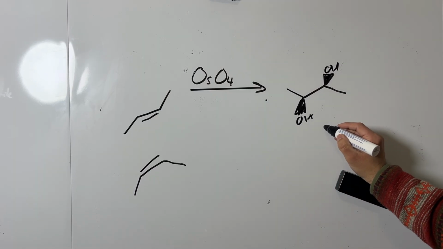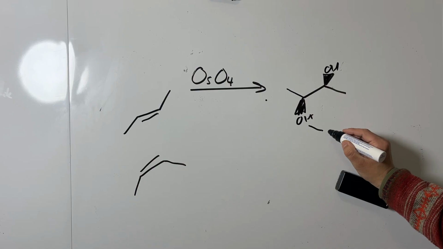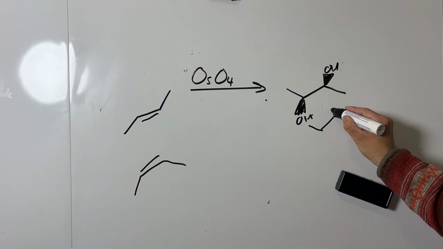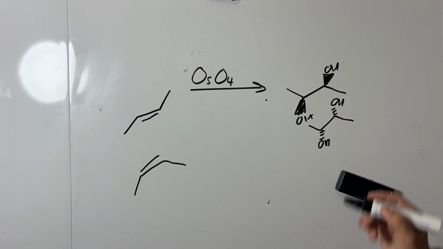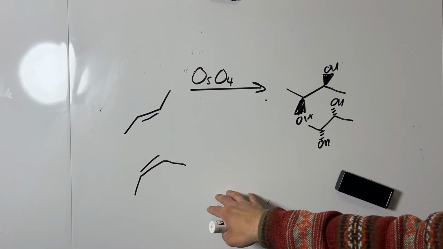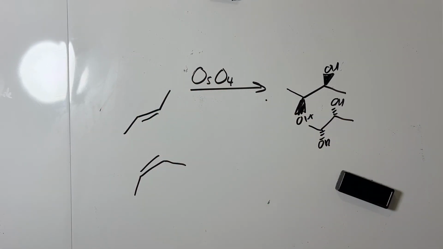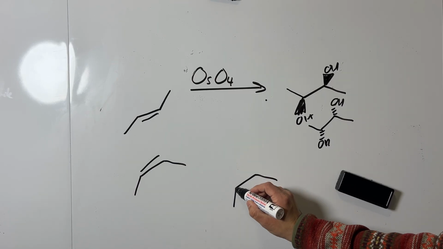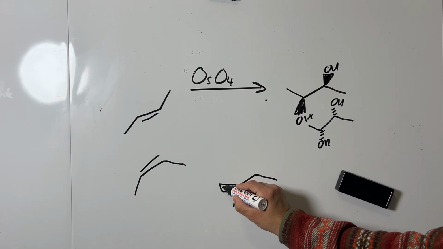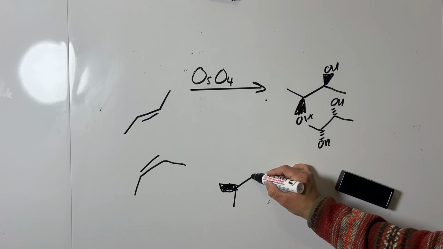And then we get the other enantiomer where it adds from the back, so you get a racemic mixture. For this cis one, because it's cis, it just adds one direction, similar to our cyclic compounds, and you simply get a